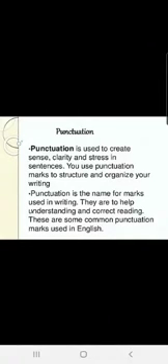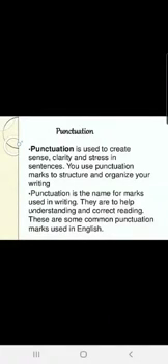Punctuation is the name for marks used in writing, like full stop, comma, exclamation mark, question mark, apostrophe, colon, semicolon. Alright? All these, in fact more, are called punctuation marks, children.